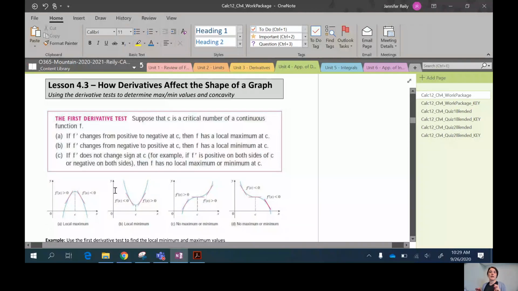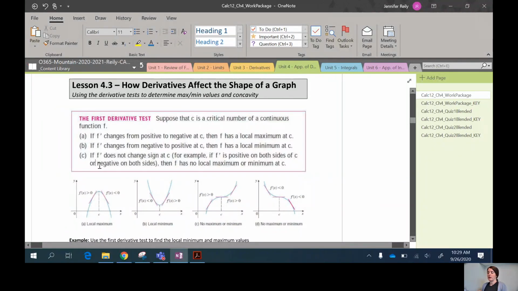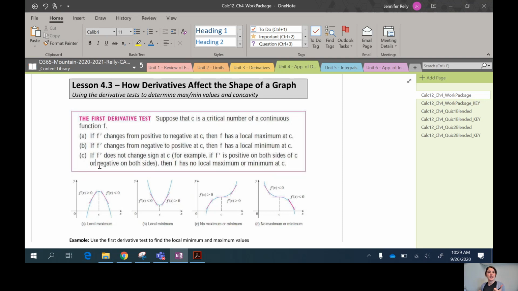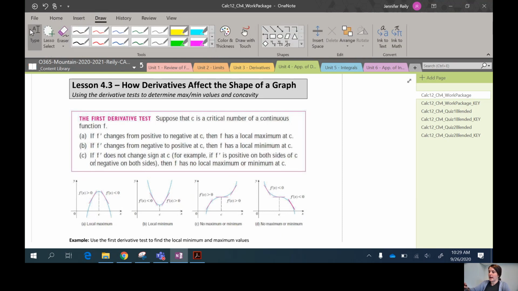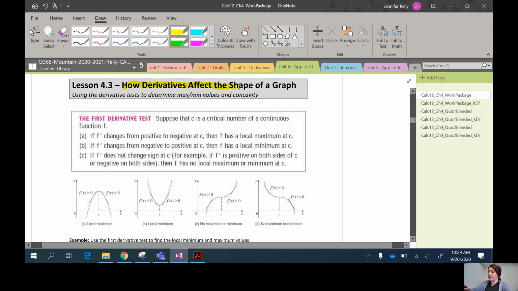Hi everyone, this video is to go over lesson 4.3. I'm going to do this lesson in two parts. So video 1 will go over the first derivative test, and then I'll do a second video for the second derivative test. Okay, so the topic of this lesson is going to be looking at how derivatives affect the shape